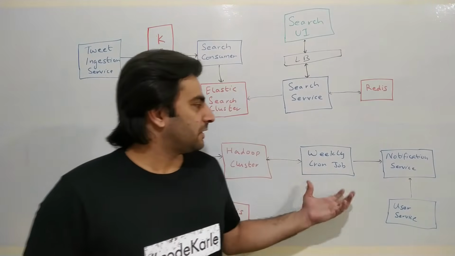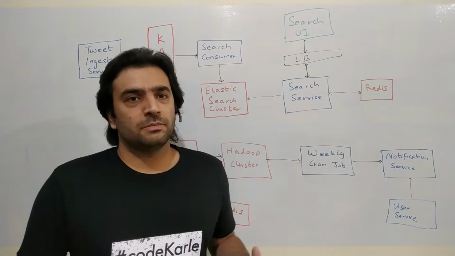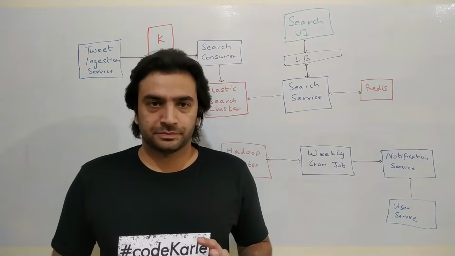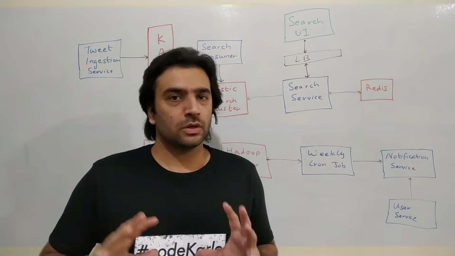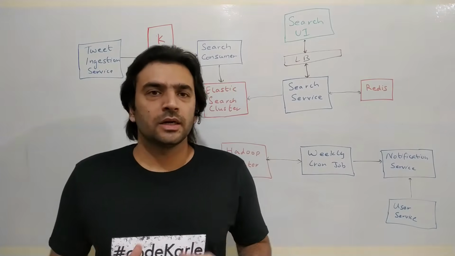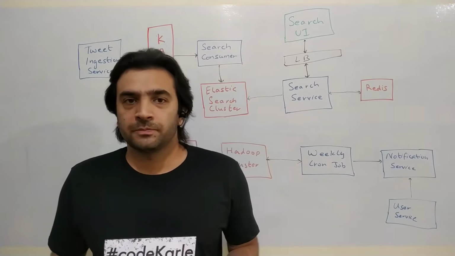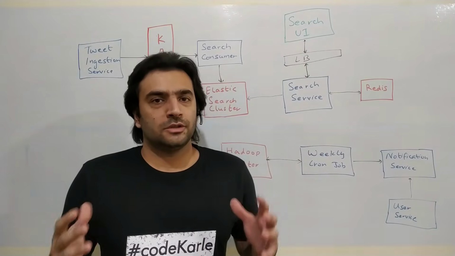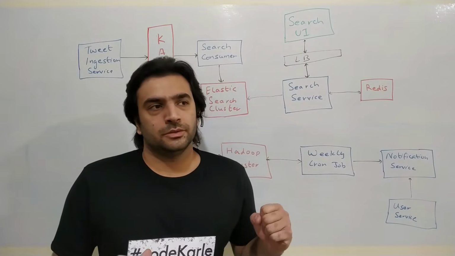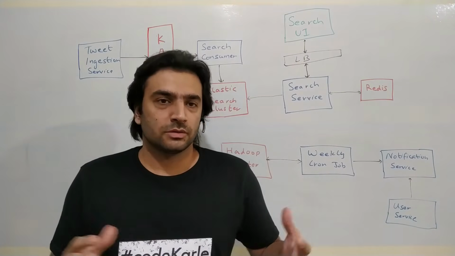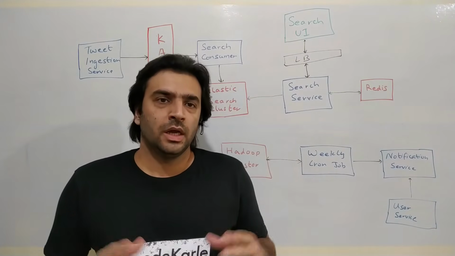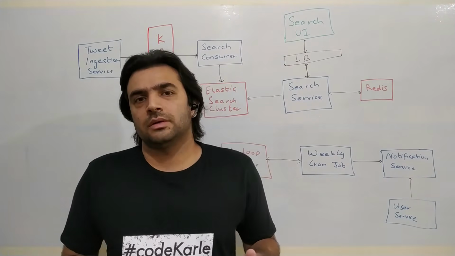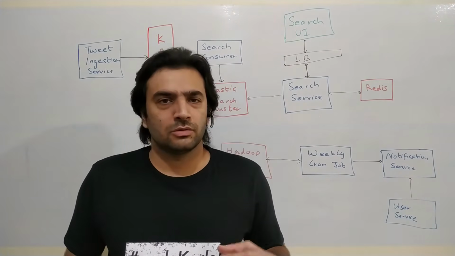Let's just say we have a weekly cron job, which is responsible to pull back all the passive users. Passive users are the ones who are not using the platform frequently, and it is good for Twitter if they start using it, right? To engage those users, Twitter could start a weekly email which talks about some of the popular tweets in the last 1 week. Now those popular tweets, if it's just one list, it would not be personalized and it will not make sense to a lot of people.